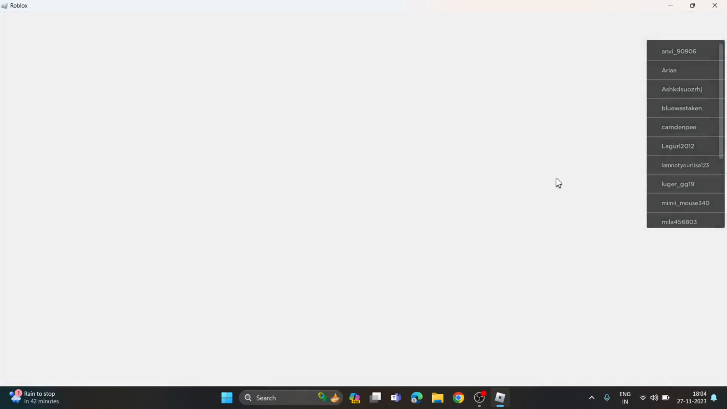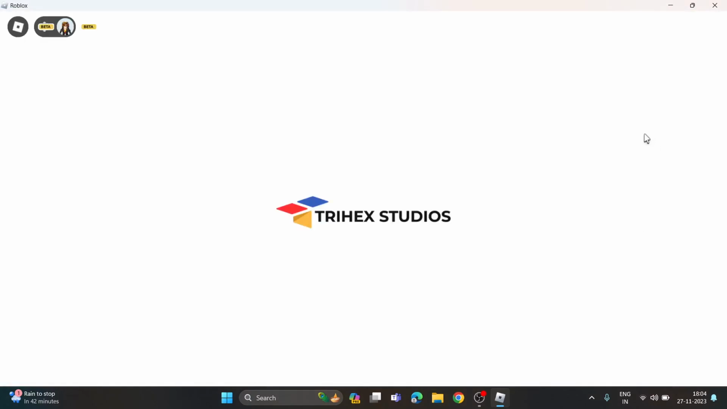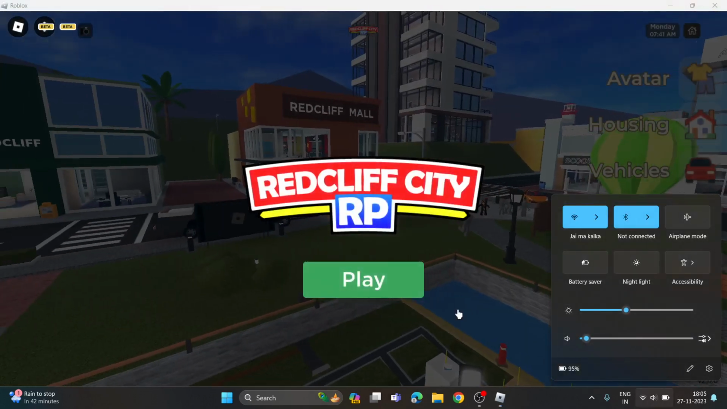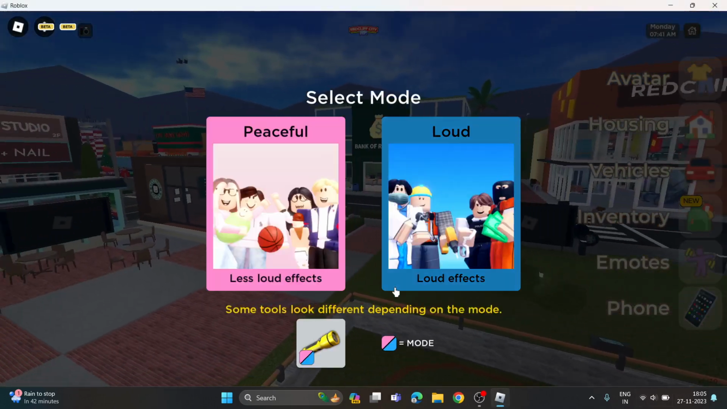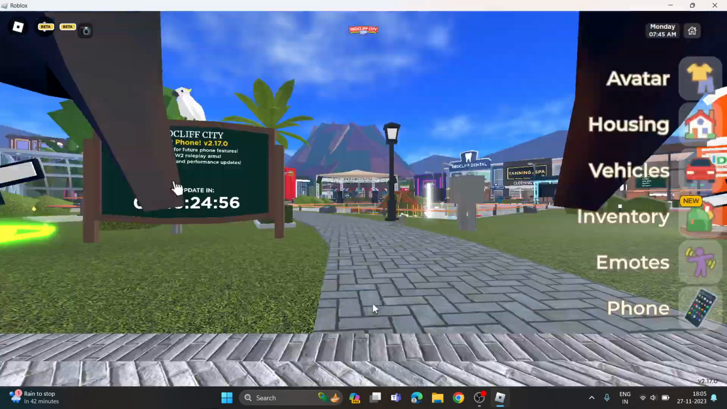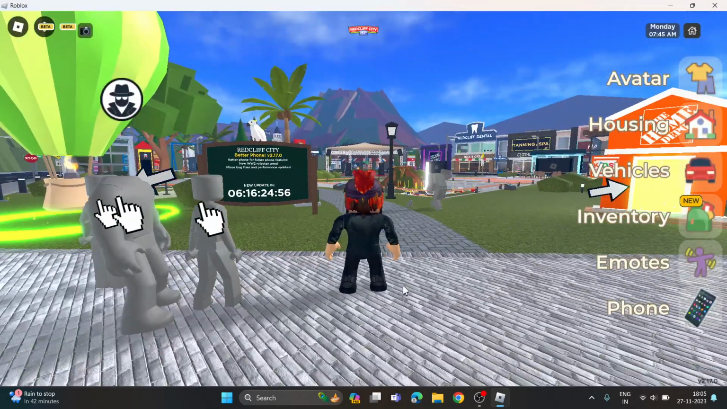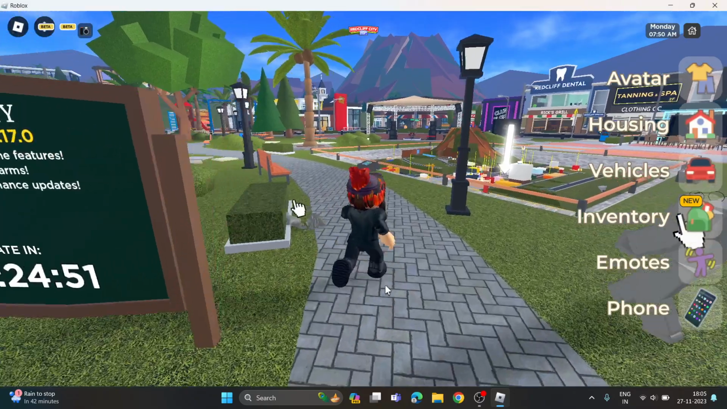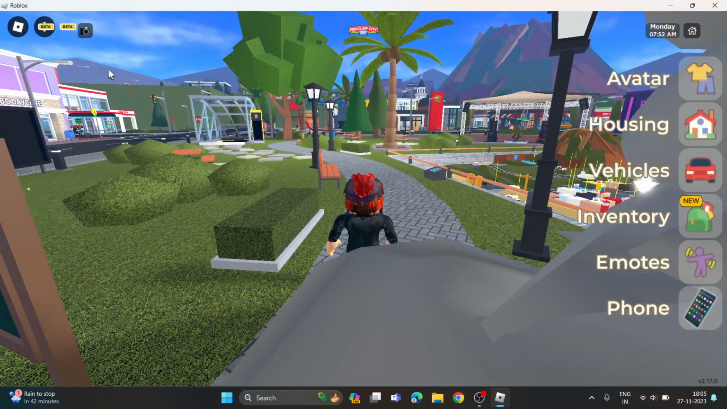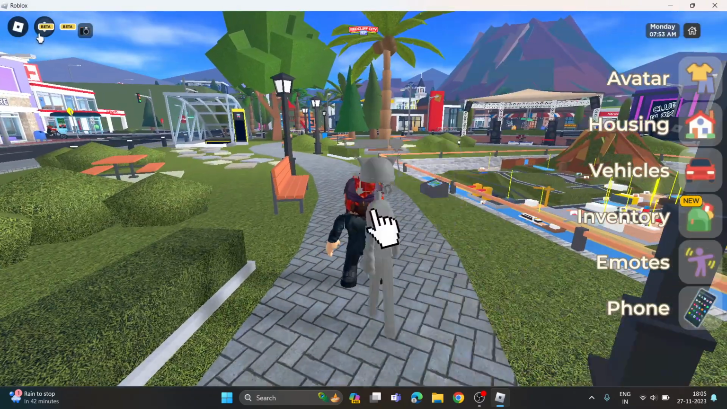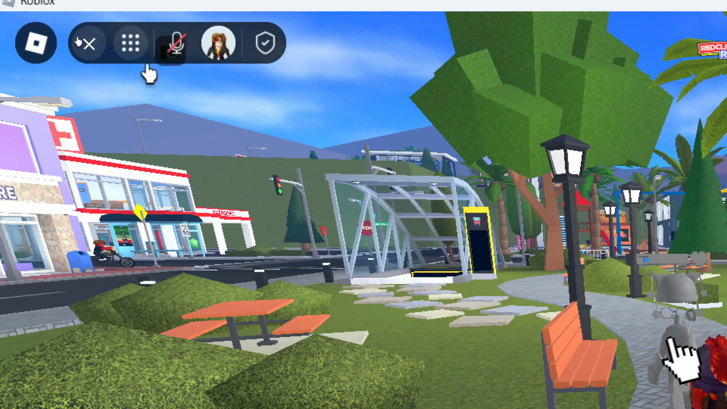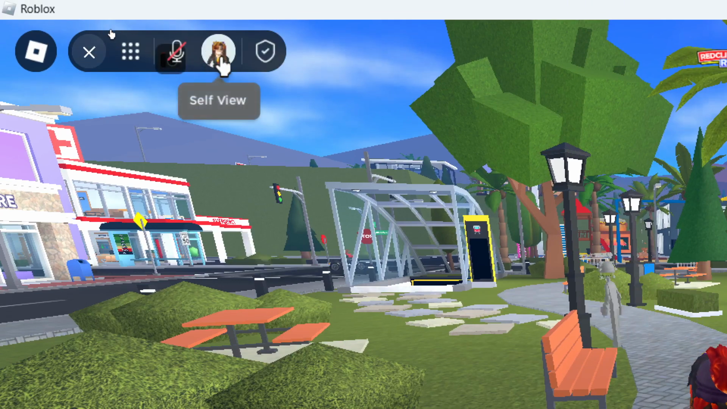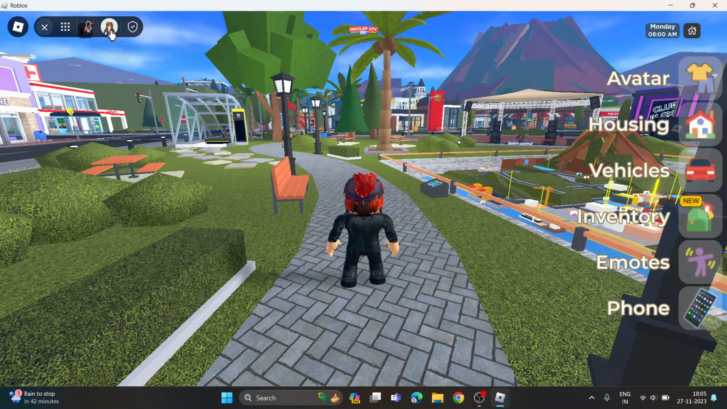So once you open the game, you just need to click on this play button and click let's play this game. And once you enable the game, now I'll show you how you can enable it. What you need to do is click on this beta feature here, and here you can see this self view. Click on it,